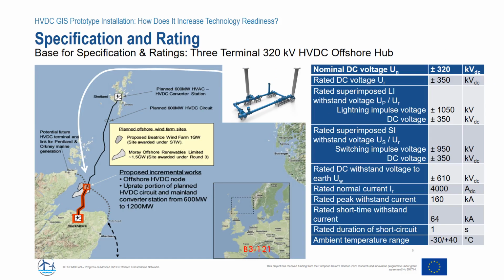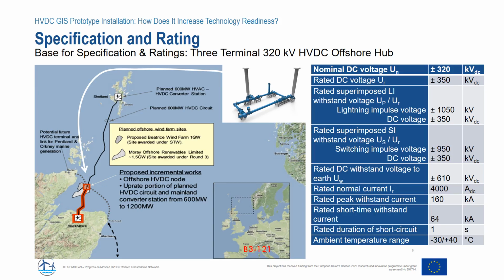How can we specify an HVDC GIS? In promotion, we have done this, for example, with this case study where we have an HVDC link between Scotland and Shetland, and on this HVDC link we would add some offshore wind park. And to connect this offshore wind park, we could have a 3-terminal HVDC hub offshore,